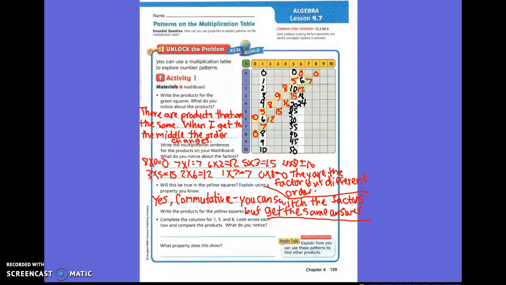6 times 5 is 30. 6 times 6 is 36. 6 times 7 is 42. 6 times 8 is 48. 6 times 9, 54. And 6 times 10,